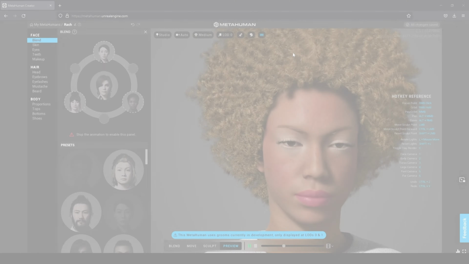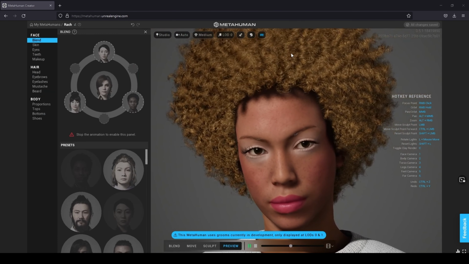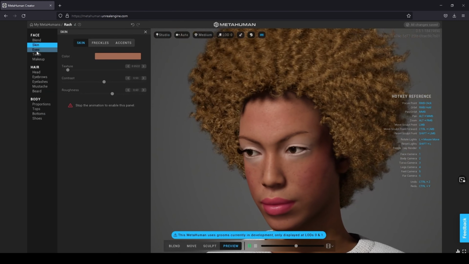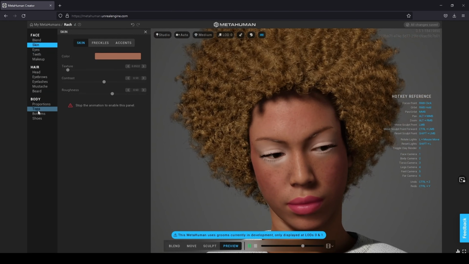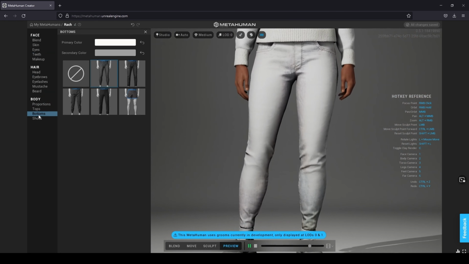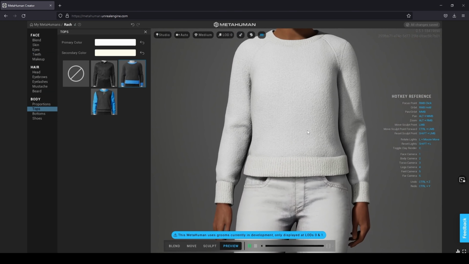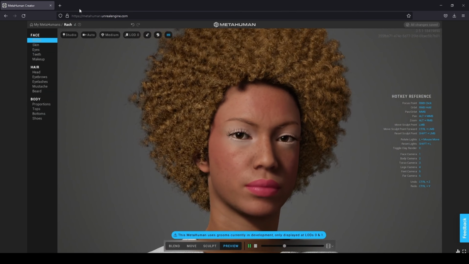Okay, so we begin this tutorial inside the MetaHuman creator. I've created this MetaHuman, as you can see, and I've made sure that I have placed a top and some buttons on this character because I may need some information on the clothing later on to help us integrate our Daz body with a MetaHuman head. And that's what we have so far.